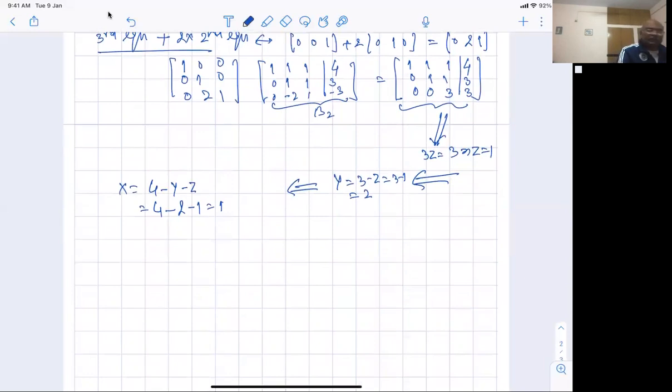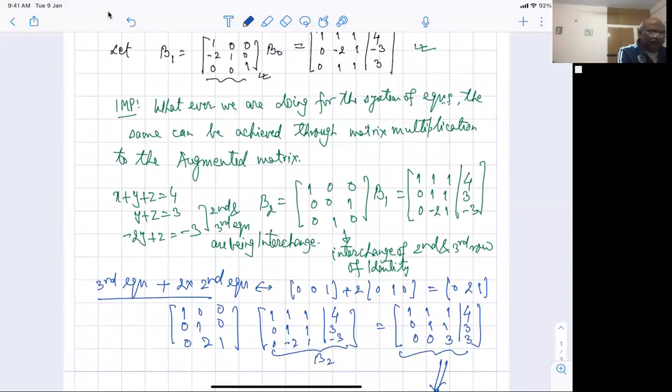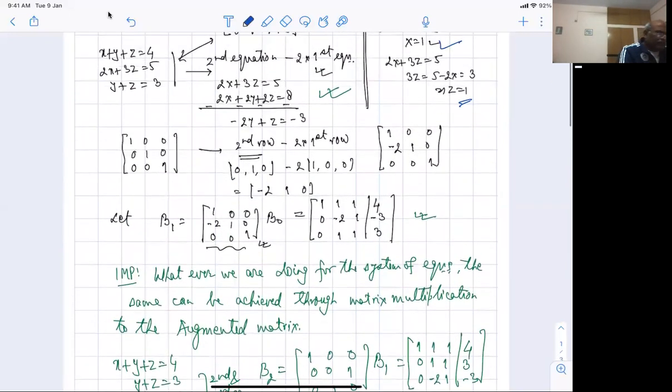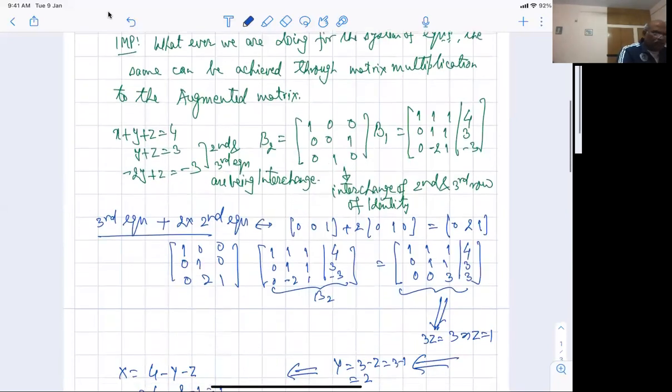But what I have done is that in place of solving the system of equations, I have put everything in the form of an augmented matrix. And then I'm trying to multiply by matrices. What are those matrices? If you see, what exactly we have done is I had an identity matrix. I have interchanged exactly one. So there is a change of only one row here. Fine. Exactly one change. The second row has changed, nothing else. All right. Here I have interchanged the two rows. All right. And here also I have just looked at the third one. The third row has been replaced and nothing else. Fine. So I'm doing these things.